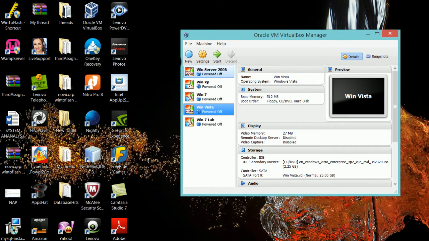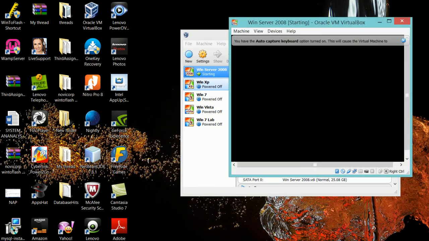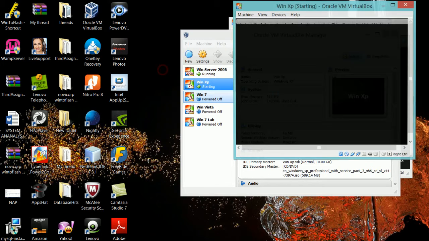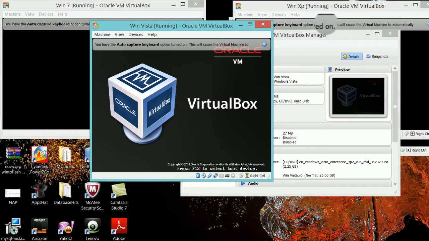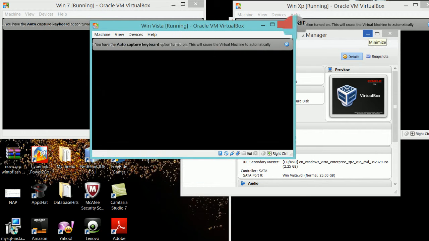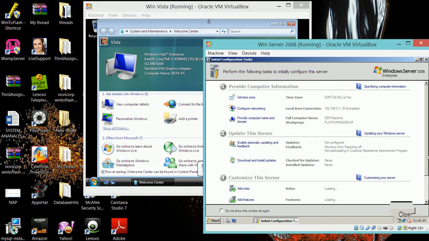Okay, now that that has been done, we'll launch all of our operating systems in order to get them to communicate with each other. Our operating systems have been started and logged into, and therefore we now configure them with a static IP address in order to emulate a server environment. So we'll open the network configuration panel,